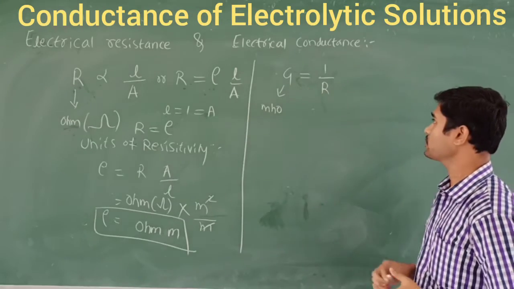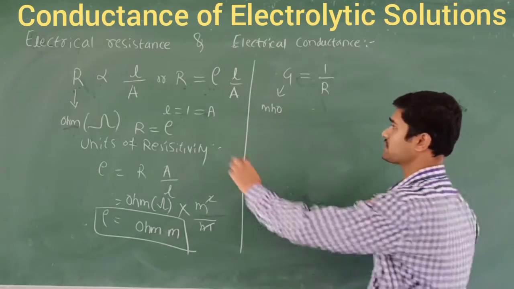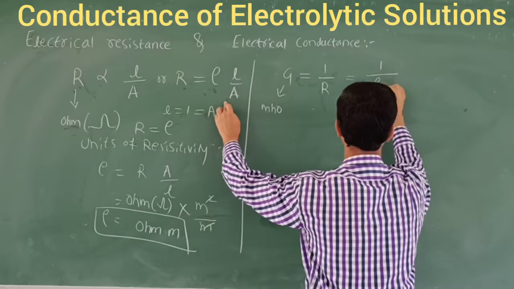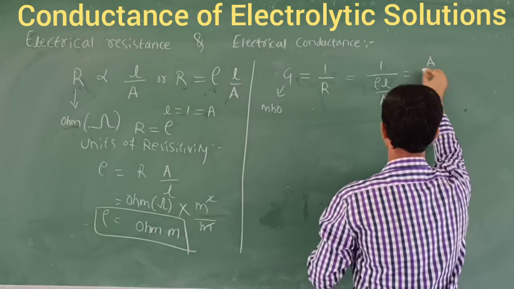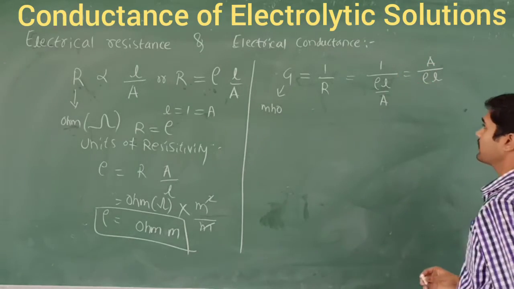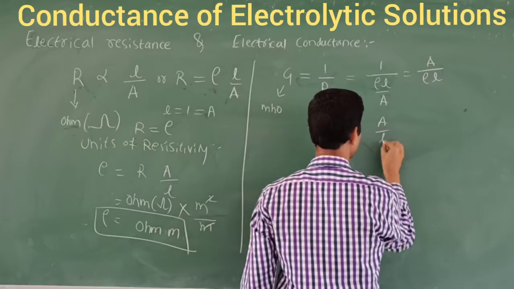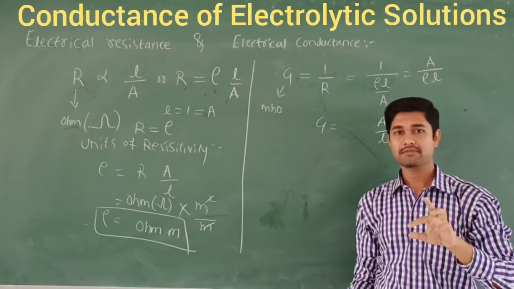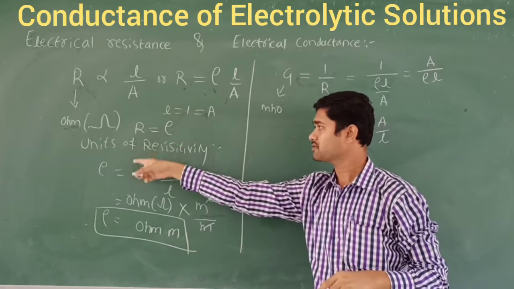So here G is equal to 1 by R, that is the inverse of the resistance. What do we mean by R? R is nothing but rho into L by A, right? So 1 divided by rho into L divided by A. When I cross multiply here, it becomes A divided by rho L. So A divided by rho L. Now I am going to take it as G is equal to A by L, I am going to take A by L as it is. When the inverse of the resistance is the conductance, automatically we define here one term that is called resistivity.